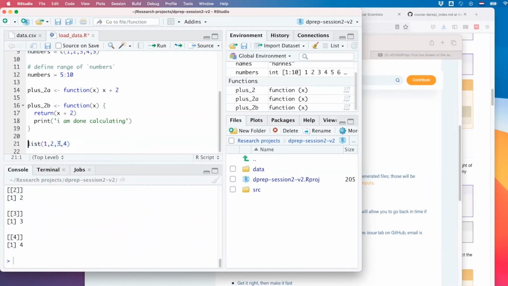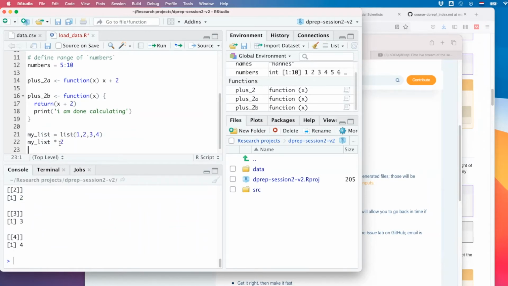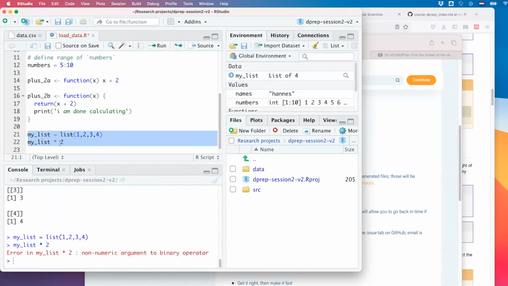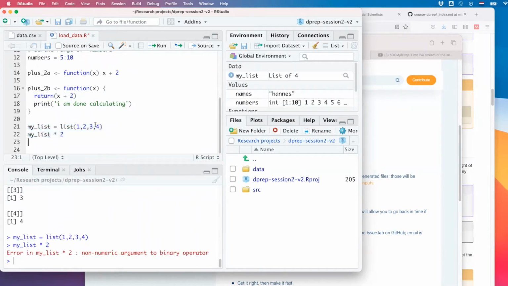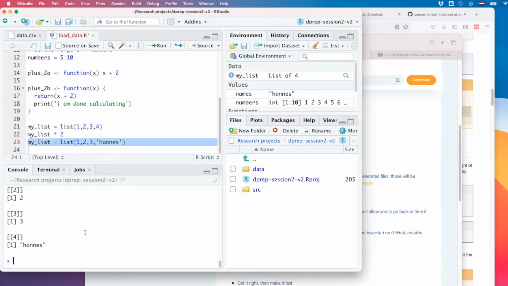But you can't, let me call this my list, but you can't do my list times 2, right? Because a list can contain anything. A list could also contain names, and it could contain plots. It could contain anything. It's a list of everything. Look at this, my list.